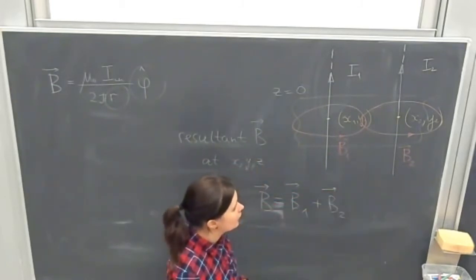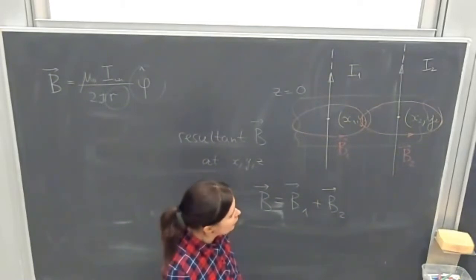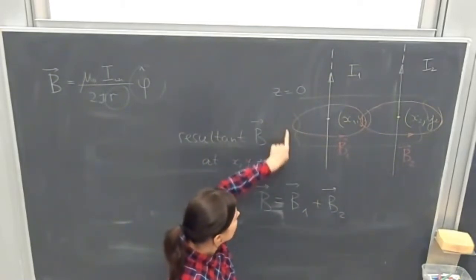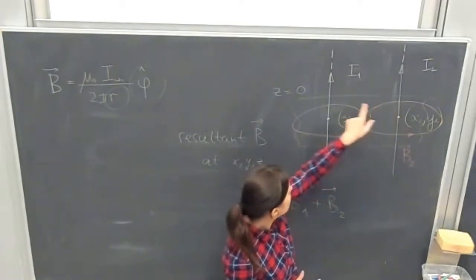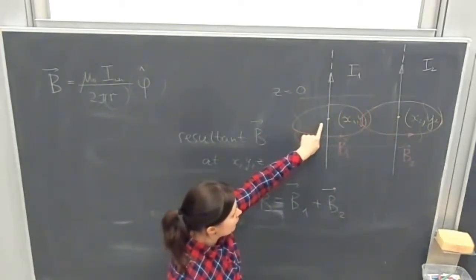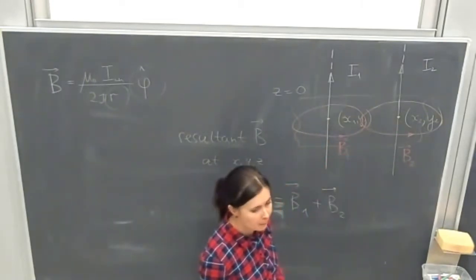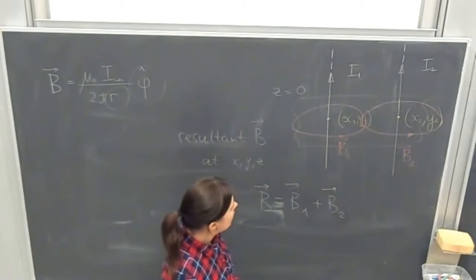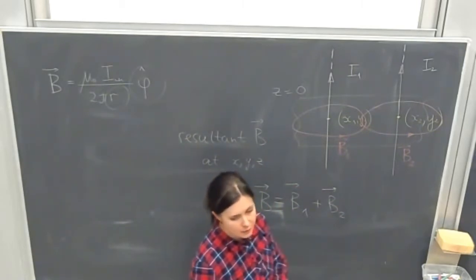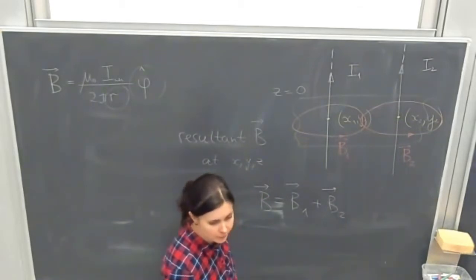It's said in the problem that these conductors intersect the plane, shown in yellow, where z is equal to 0, at the point x1, y1, and at the point x2, y2. We need to find the resultant induction of these two conductors